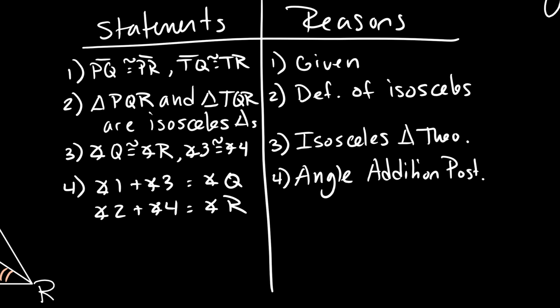First of all, let's look at step 3. What is step 3 telling us right here? What does step 3 tell us? That angles Q and R are congruent in 3 and 4. Okay, so because we know Q is the same thing as R,